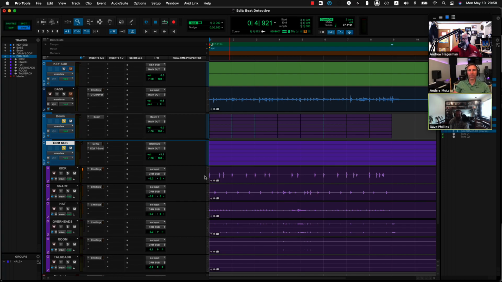Now, I could go the other way, right? So the cool thing about Beat Detective is you can align MIDI to audio, audio to MIDI, audio to audio, all this stuff. Basically, you can align anything to anything. But let's assume in this particular example that I like the sound of the drums, I like the feel of the bass, I want to add Boom, but it's not playing well with it. Okay, so we need to create something that allows me